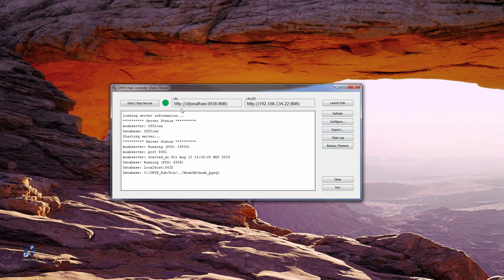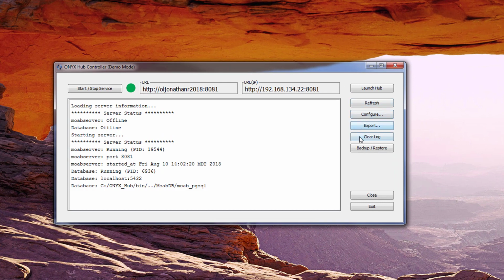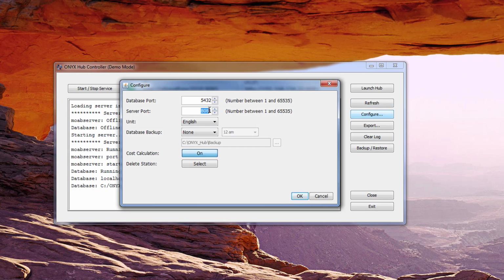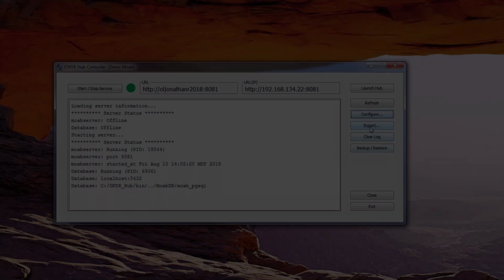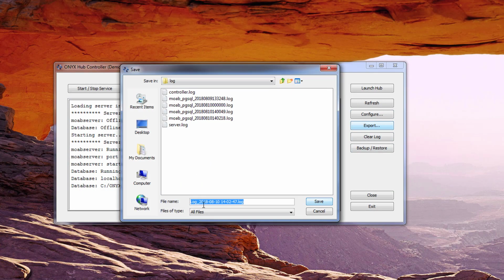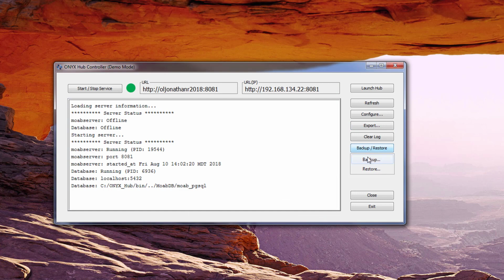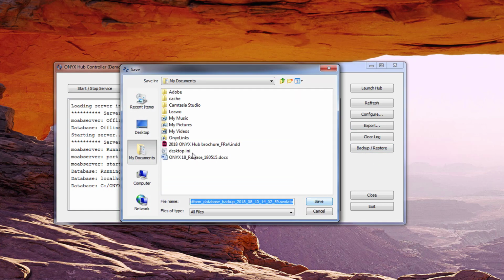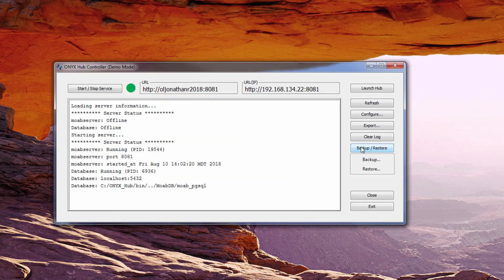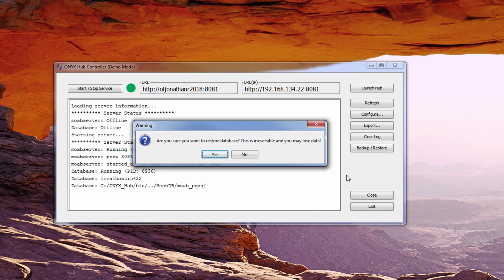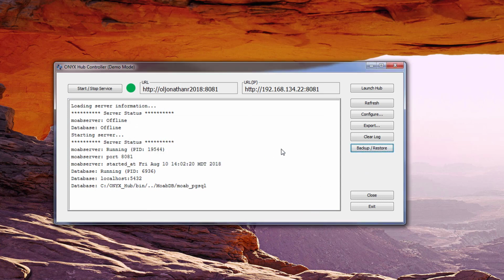your service. On the right-hand side, you'll see a few different buttons to allow you to change some of your settings, including configure your ports, export data, as well as giving you the option to back up and restore just in case something bad happens. Like if your power goes out unexpectedly and you need to make sure that you can get back all of the data you've got across your entire printing environment.